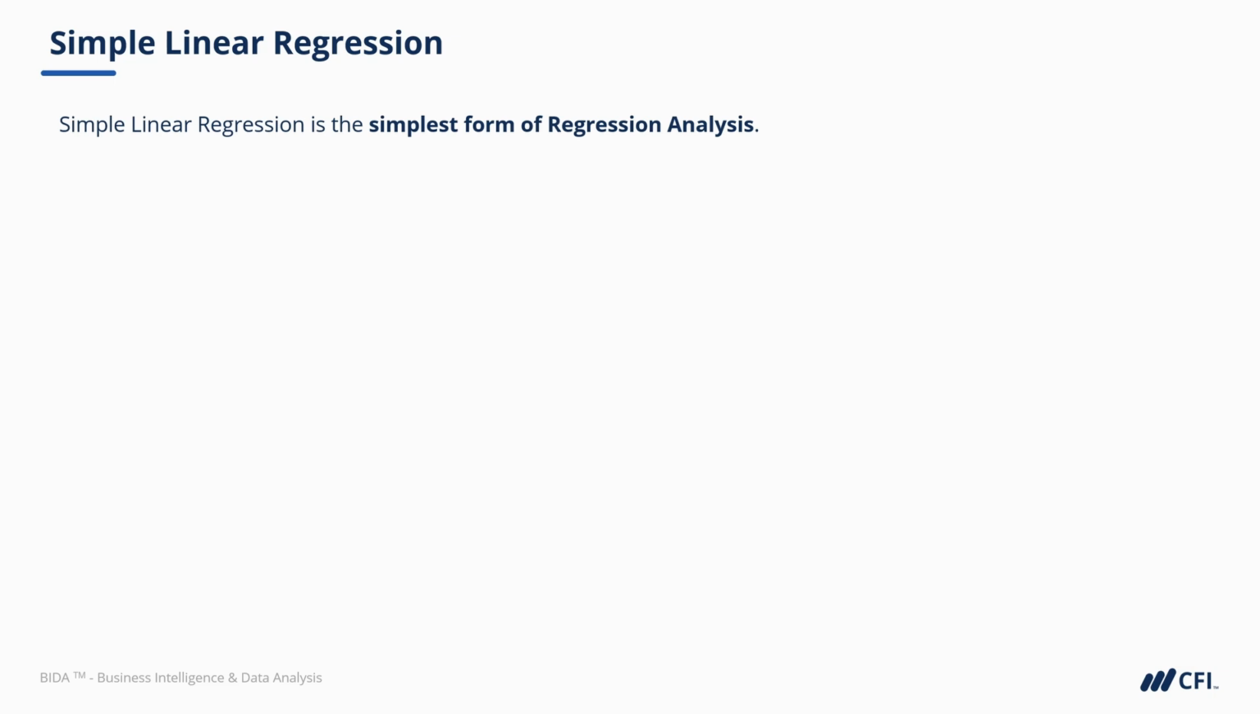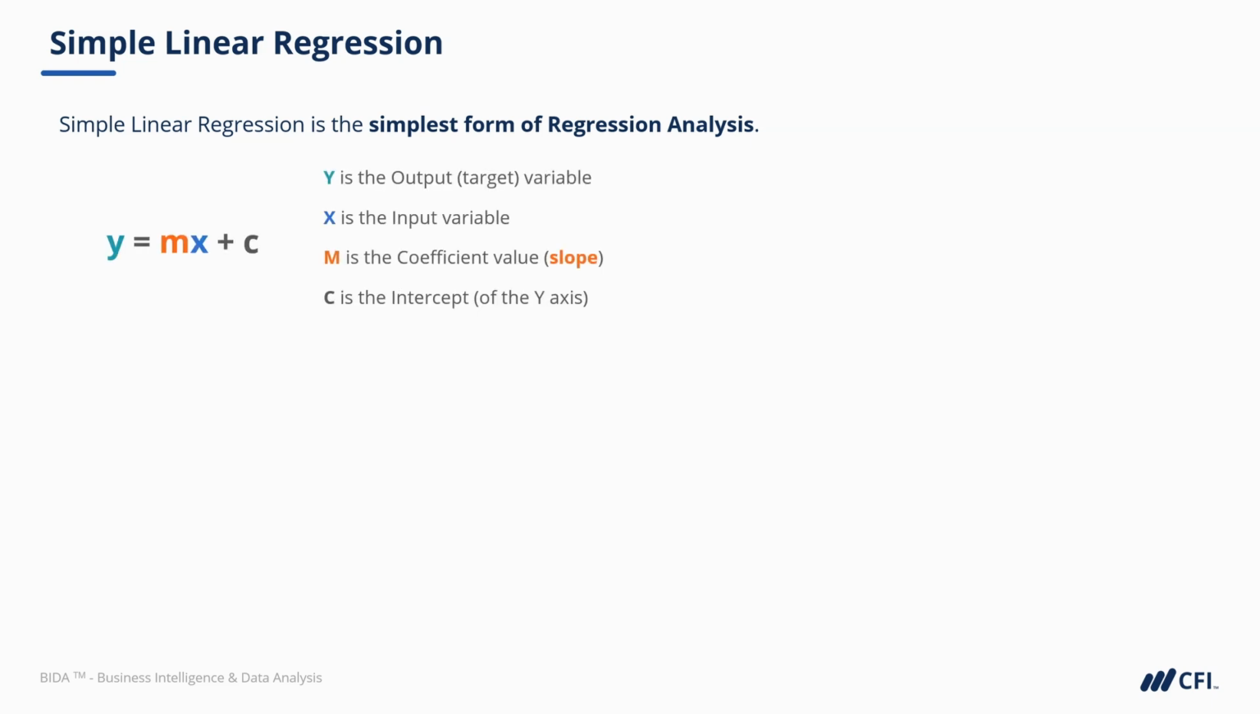Simple linear regression is the simplest form of regression analysis. So we have one input variable x and the target variable y. And as with any straight line, we can give it an equation in the form of y equals mx plus c. Y is the target variable we're trying to predict. X is the input variable. M is the